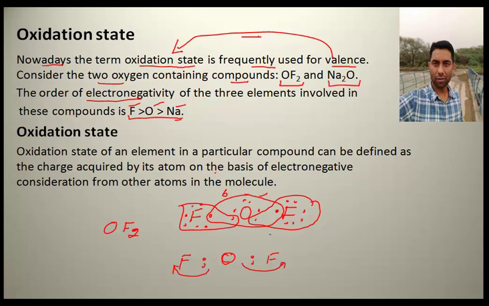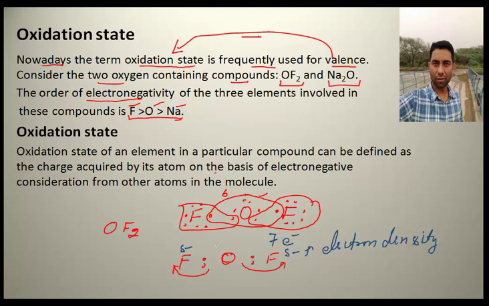So there were 7 electrons, right? And if this 1 electron which belongs to oxygen slightly gets shifted towards fluorine, will the electron density increase on fluorine? Definitely it will increase, and due to that increased electron density on fluorine, what will happen? It will acquire a delta negative charge. In the same manner, this will have delta negative.